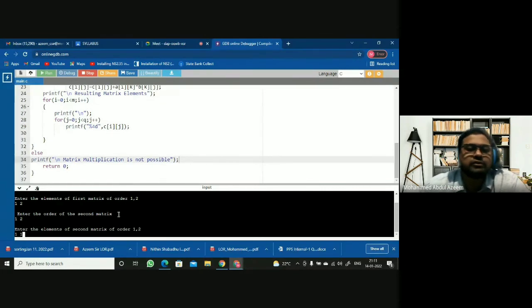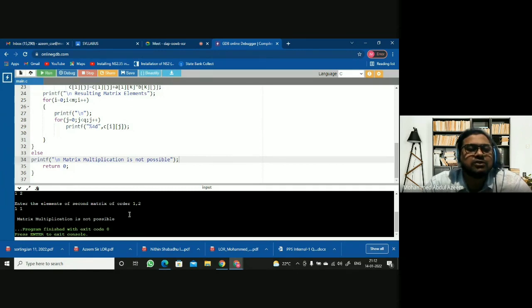Not possible. You can see I have given the first matrix order also 1 2 and second is also 1 2. Okay, so the number of columns of the first matrix is 2, whereas the number of rows of the second matrix is what? 1. Is that equal? No. So what it gives? It gives that matrix multiplication is not possible.